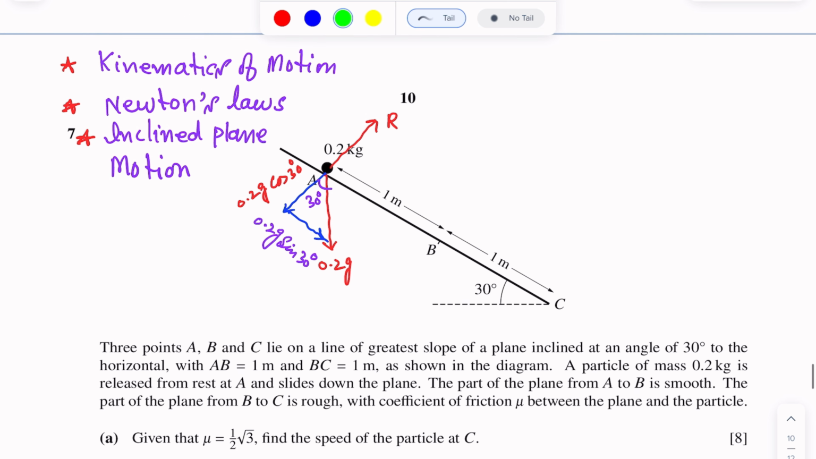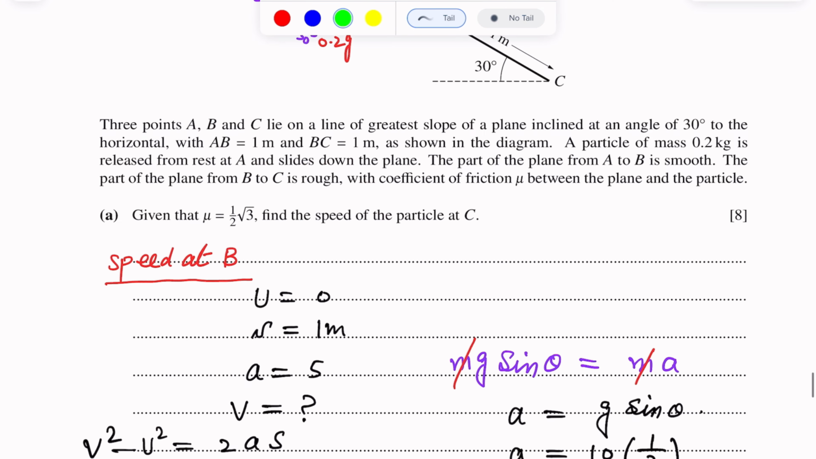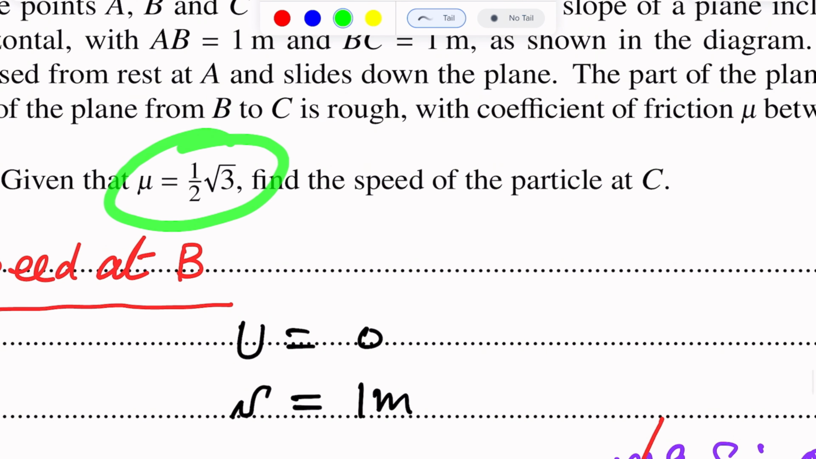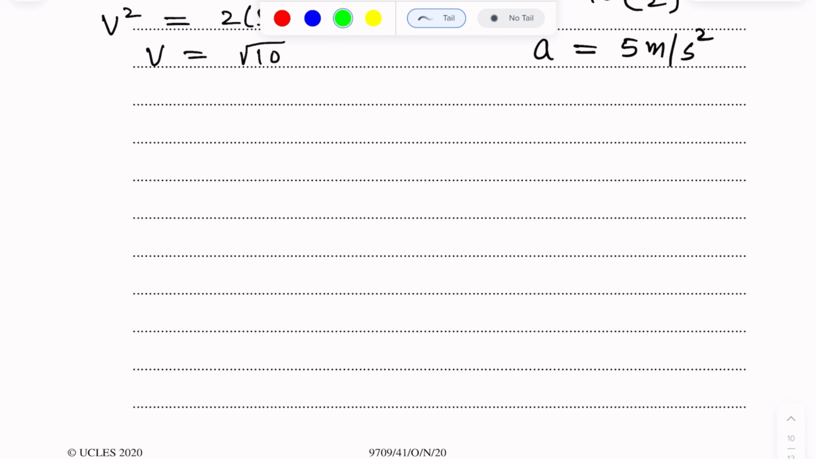Now, actually, we have to find the speed of this particle at C. Now we will consider this part of the plane BC. This is a rough surface. The BC part of the plane is rough, and the coefficient of friction is given, that is 1 over 2 root 3. So for the speed at C,